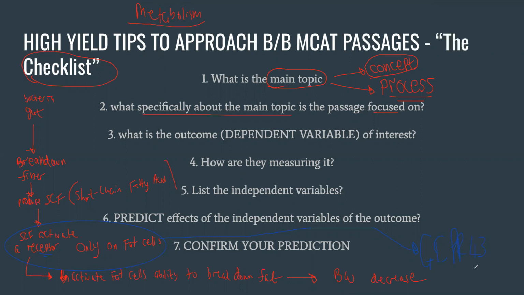GCPR43? Sure. Okay, cool. And the reason I'm making you do this, and it's gonna be like a teaching exercise, so just play fun with it, right? The MCAT is gonna give you specific names to things. They might give you the name of a receptor, GCPR43. They might even go further and tell you GCPR43 minus/minus. Allison, what do you think that minus/minus means? It doesn't have it. It doesn't have it, right?